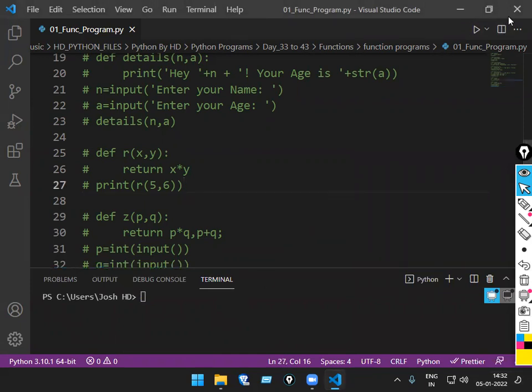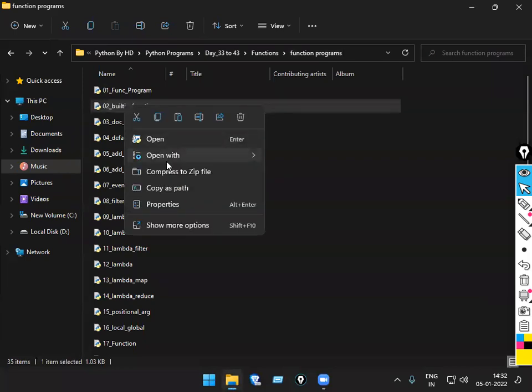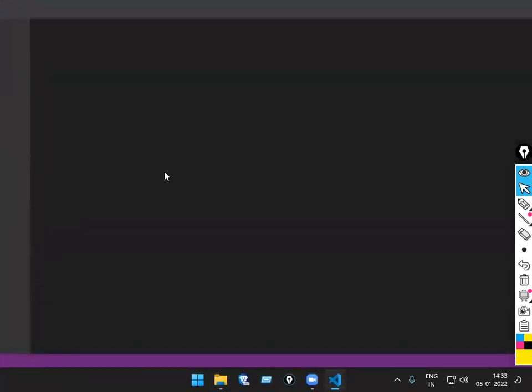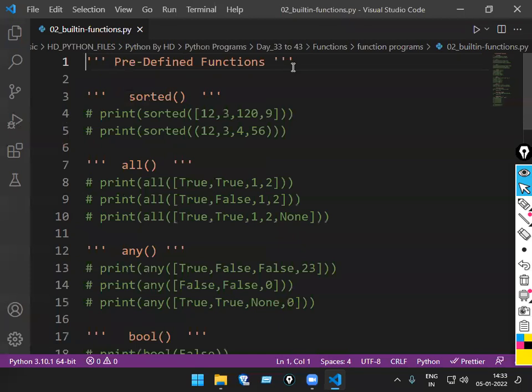Okay, now let's see this next part. So we have basic built-in functions also. Like already have seen, but if I have not seen, just see once here. What are the basic already predefined functions? So here we don't need to use import all those things. Okay, let's simplify and sort these ones.